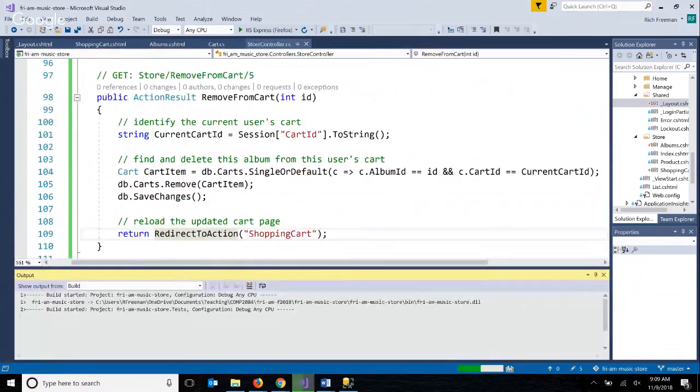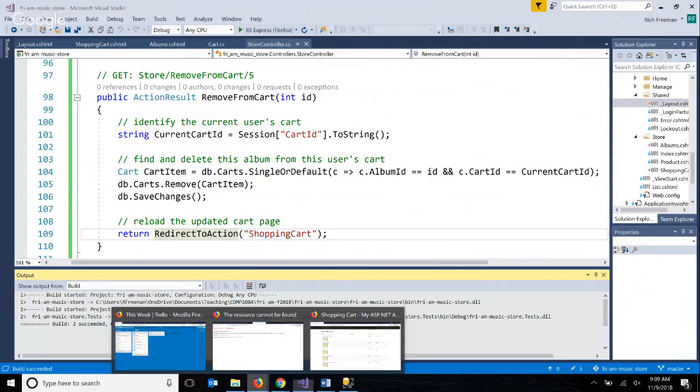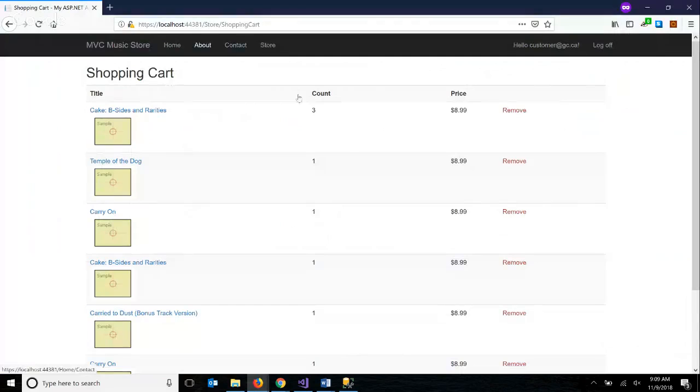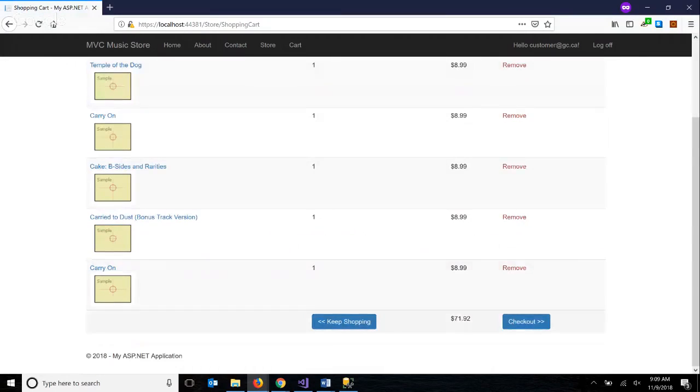So if we try this out, we should now be able to remove from cart and see that that item gets removed from our shopping cart page and our total should decrease because the value of that item should get removed from our total. So here I'm logged in. So this is good. I don't have to put items in my cart again. They're still going to be attached to my username. So I'll try remove from this page. I can go to my cart. So my total is 71.92. If I remove something,